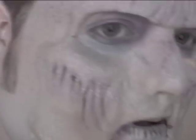There we go. I like that. That looks pretty good. Now that I got the camera all nice and close, you can see there's that line that I've been having some troubles with on the mask, and had I done the liquid latex, I'm sure I wouldn't have seen that. But you can see all the little flecks of color in the mask up close, and you can see where I filled in the pieces of the mask with the darker color,